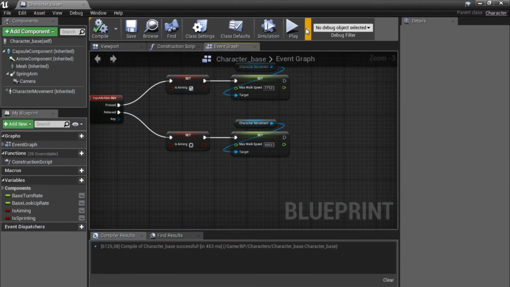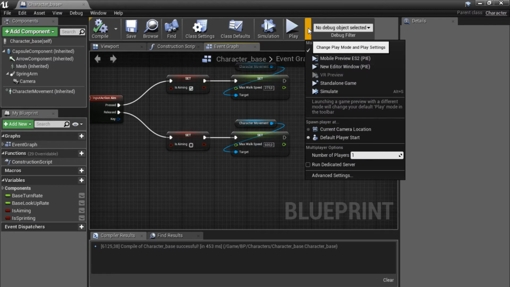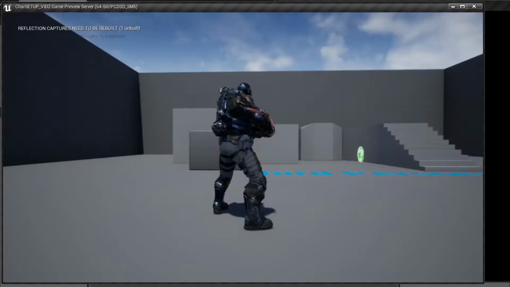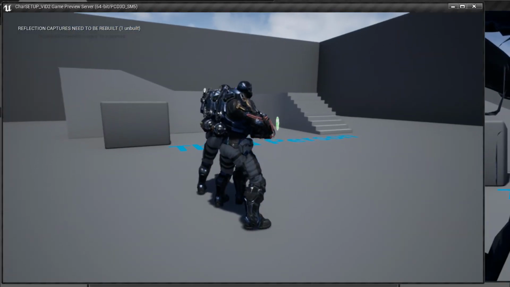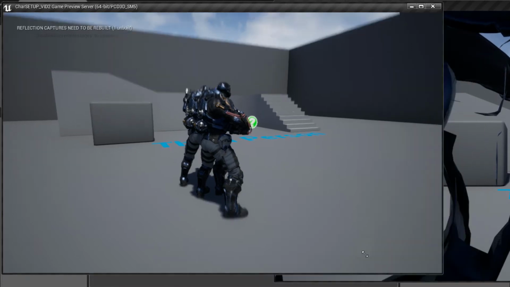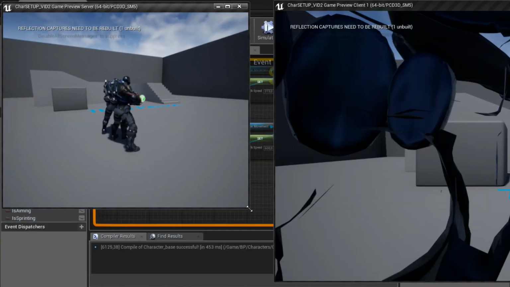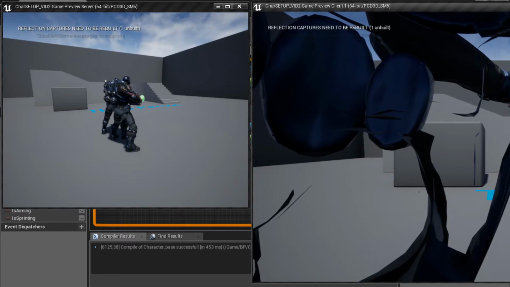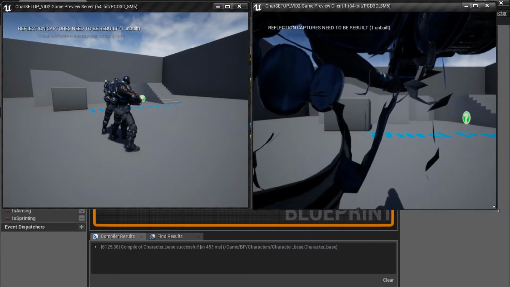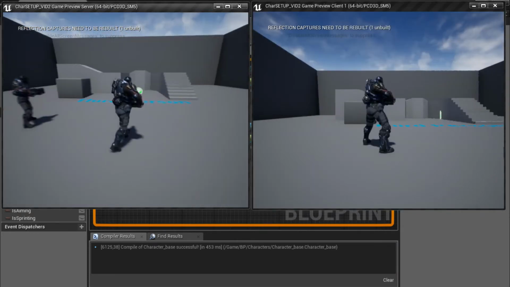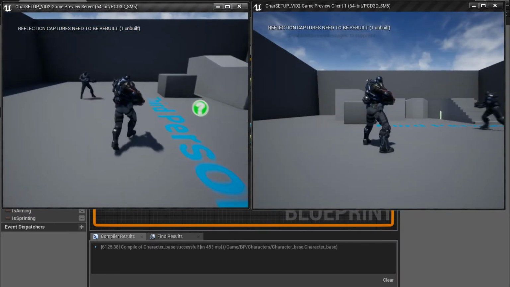If we want to use this in a multiplayer project, you're going to end up with a few issues, and let me show that. We're going to use a two-player setup. Let's play this. Let me resize the screens for you. Just like this. So the left screen is our server, and if we're playing on a server, you can see